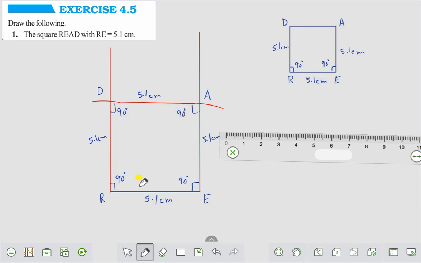I repeat once again. First of all, draw RE 5.1 centimeter. At point R, make an angle of 90 degree. At point E, make an angle of 90 degree with the help of a protractor. And from point R, make an arc of 5.1 centimeter, and from point E, make an arc of 5.1 centimeter. You will get the points D and A. Join DA. That means it is a square, the sides are equal, and each angle is also